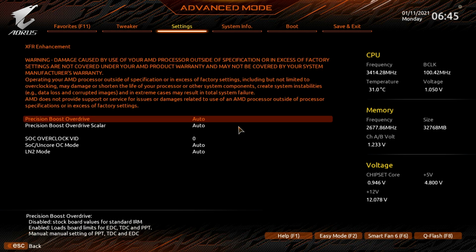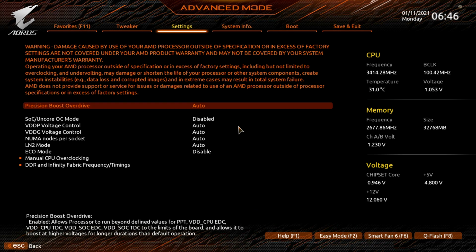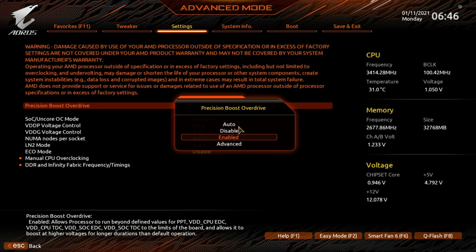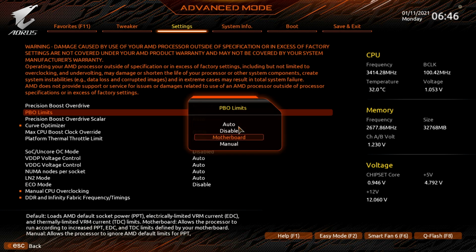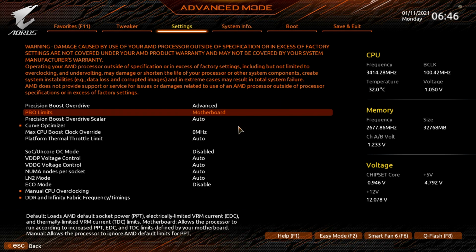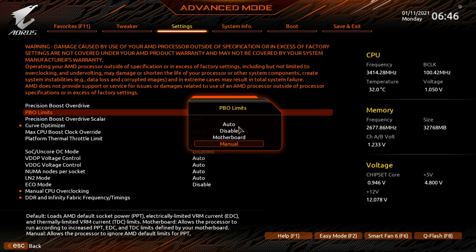There are two locations where you can find Precision Boost Overdrive in the Gigabyte BIOS. There's this one, which for whatever reason hasn't been working for me properly, so instead we're going to use the other one, which is down here in the AMD overclocking menu. We're just going to set that to advanced, PBO limits to manual, because the motherboard limits are actually slower than the manual settings that I'm going to use